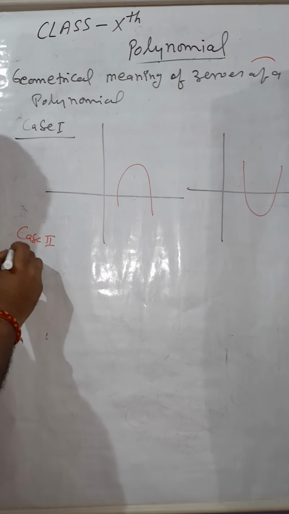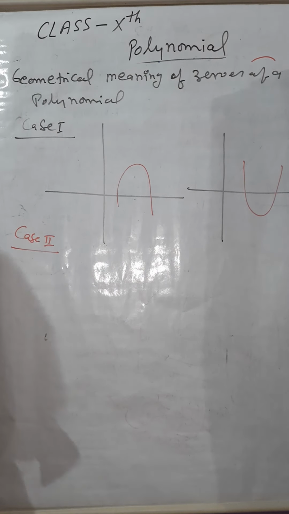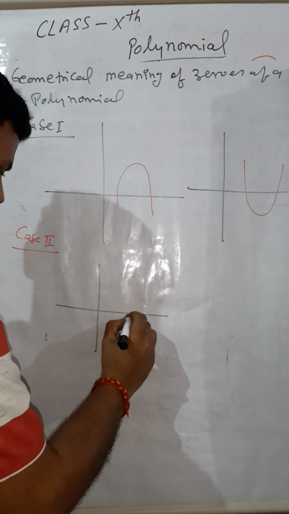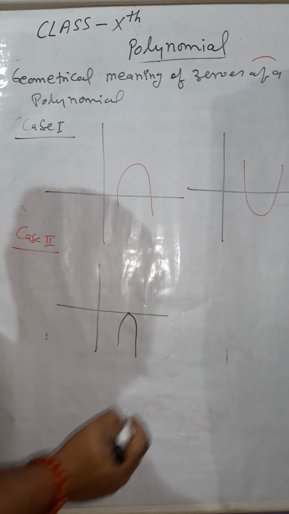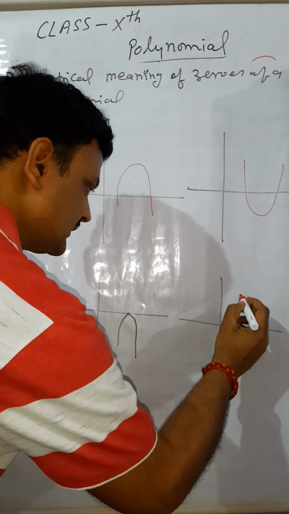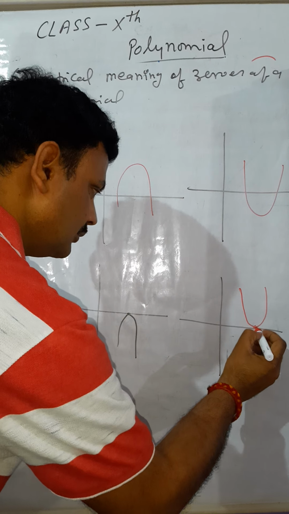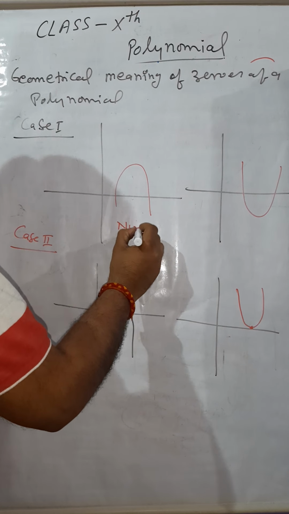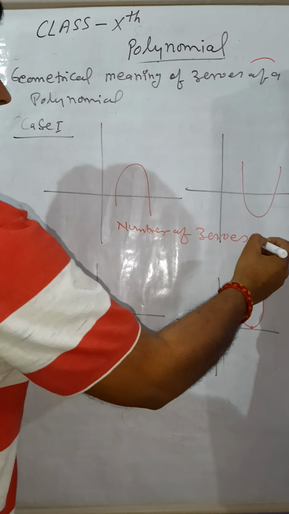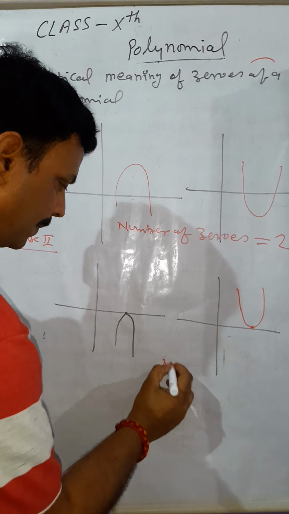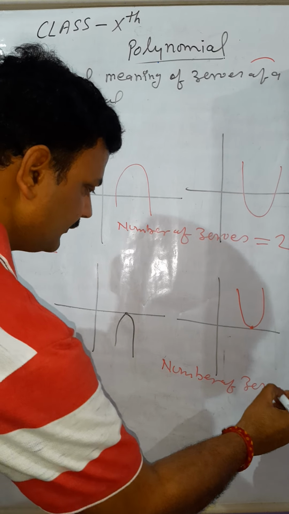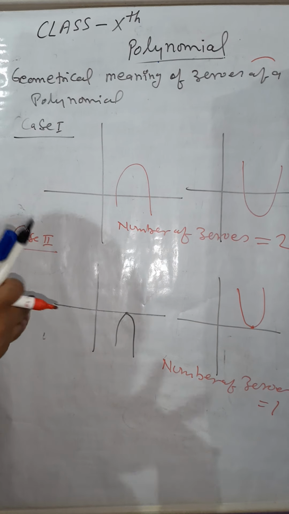Case 2, this can have number of zeros equal to 2, number of zeros equal to 1. See, this is what,